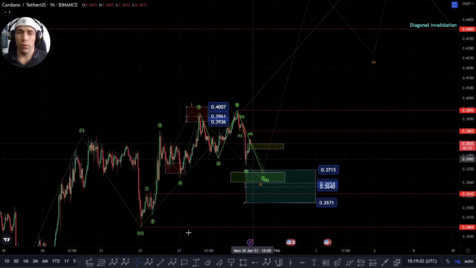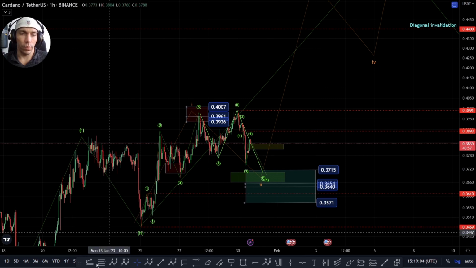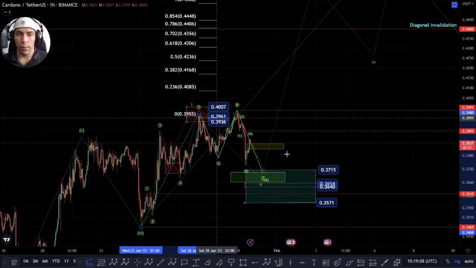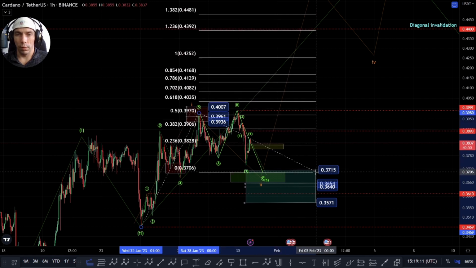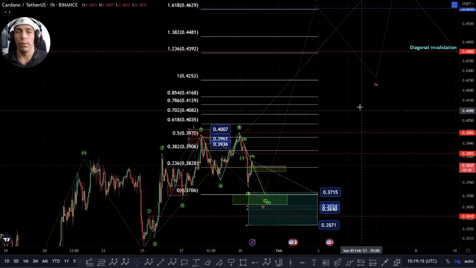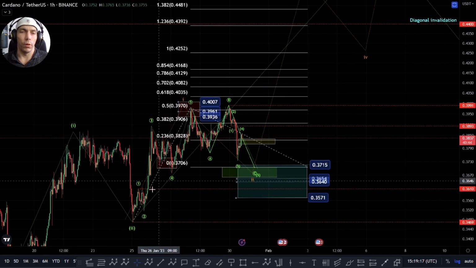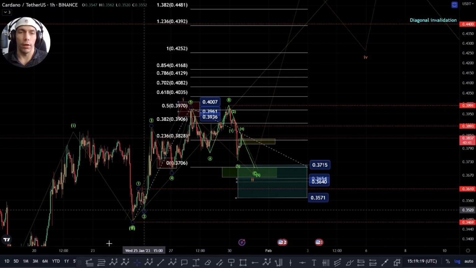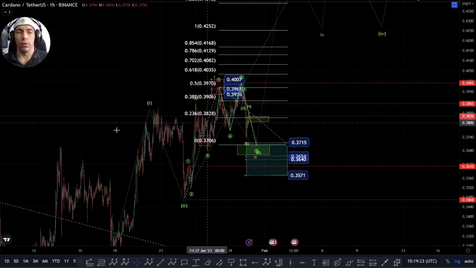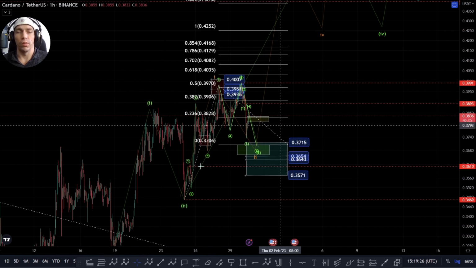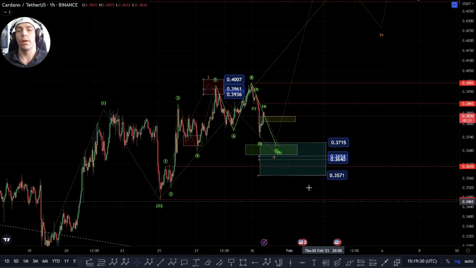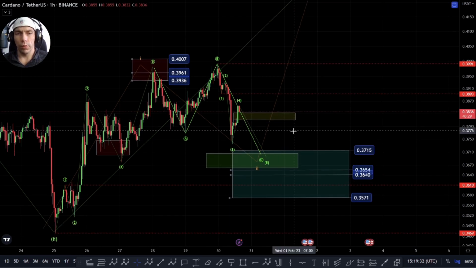Failure to do so could just give us another corrective structure within this sequence, and basically we could just look for a move. If I just come down into this zone, basically if we get a 1-to-1 up here to this 4252 zone, we could just look at this as a corrective structure, and actually it's just becoming more complex, and we would have to readdress this as looking at it as an impulse, because it wouldn't really make sense anymore. If this is to be a bigger extension here, what we would want to see is, like I said,